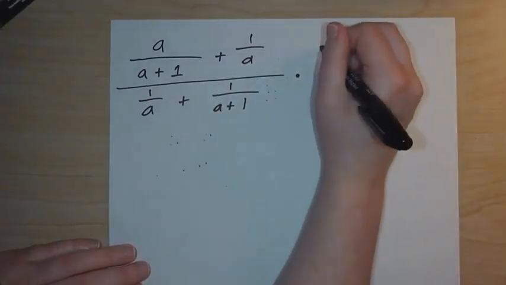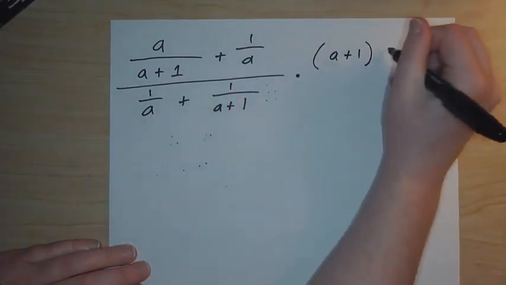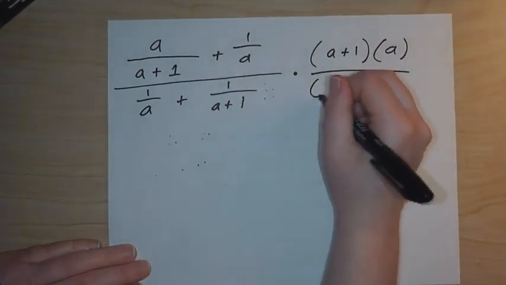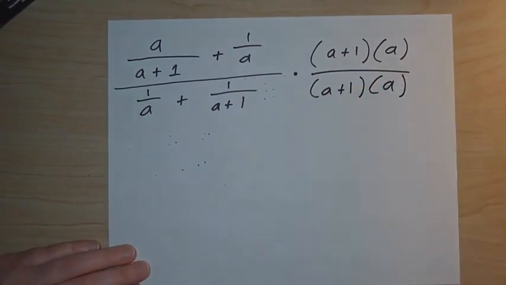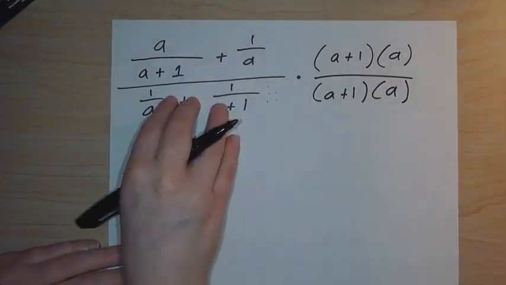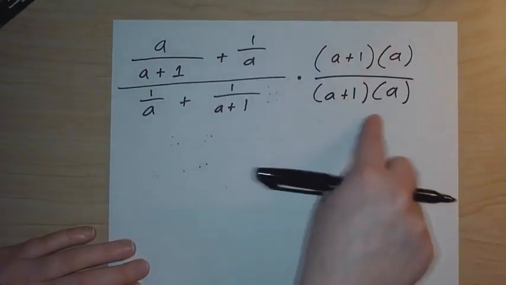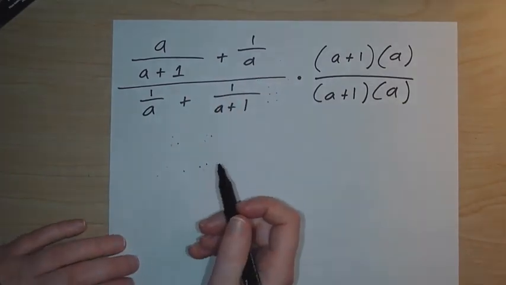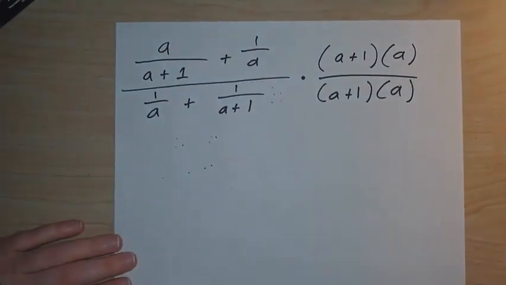So we're going to multiply this entire fraction by a plus 1 and also by a, top and bottom. So this won't change the value of this fraction, because this all by itself equals 1, but it will simplify it so it looks prettier. But we will have to remember that a plus 1 cannot equal 0 and a cannot be 0 as well, even after